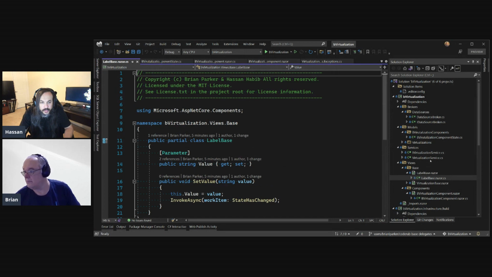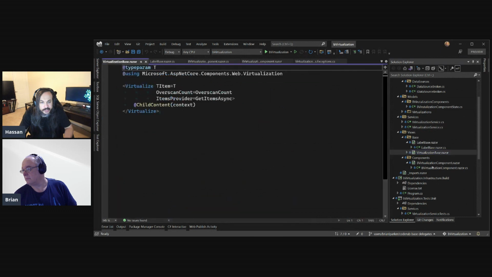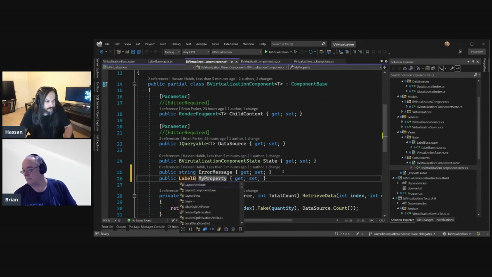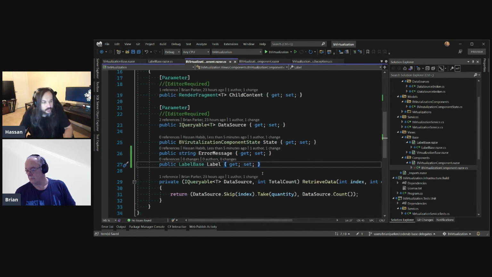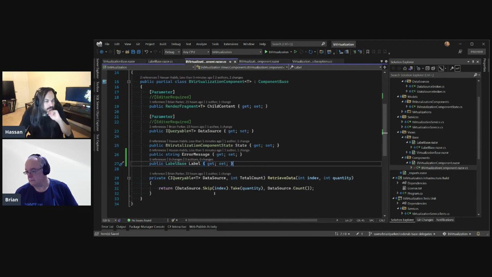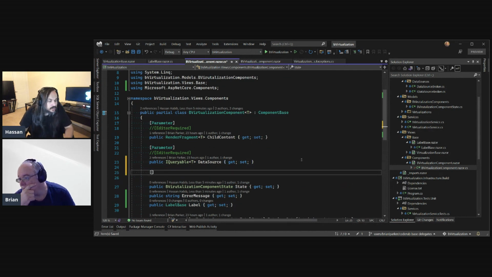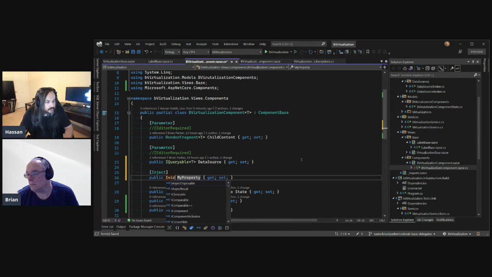Let's go into the virtualization component here, which is this guy. Okay, so error message, and then the last thing here, I just want label base. It's my label base. I'm just going to call it label, done and done, no problem there. This is how I'm going to render the view and all that kind of stuff. Okay, so far so good. And then in here you have this retrieve data, which is basically the function. So in addition to all of this, we basically still want to inject the